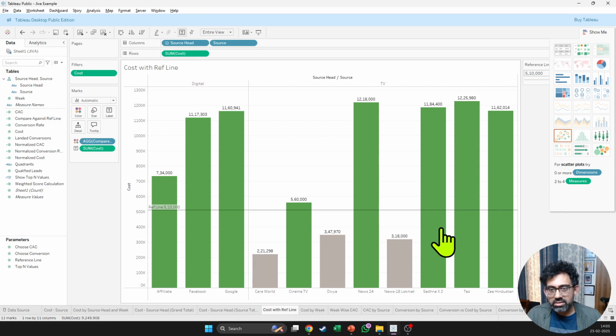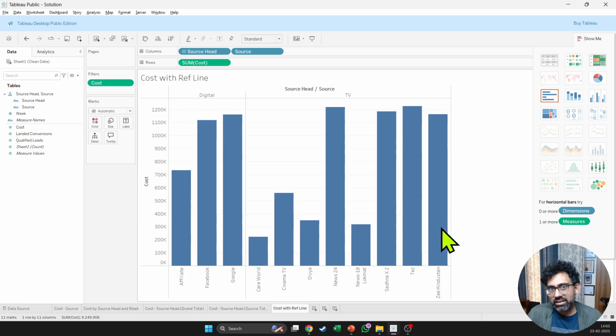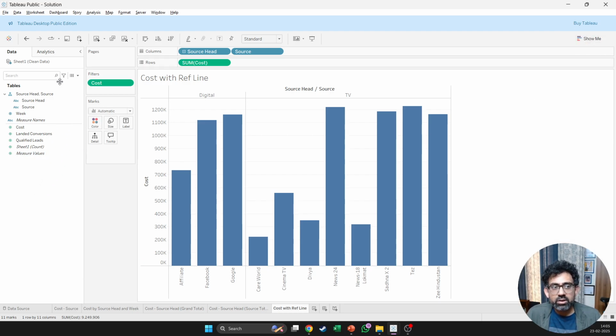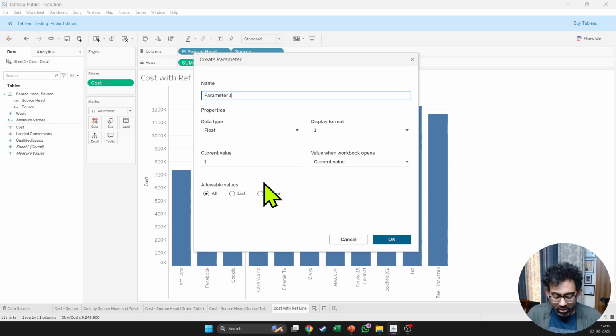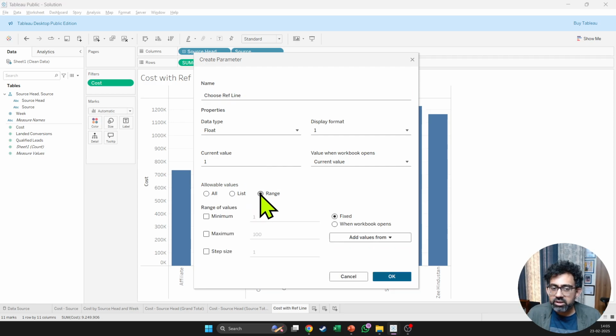Now what we want is a horizontal line, and that line can go up and down, and then accordingly the colors will change as well. For this we will have to create a parameter. So we click on this small drop down, we create a parameter, and I want to call it choose my reference line. This would be a range